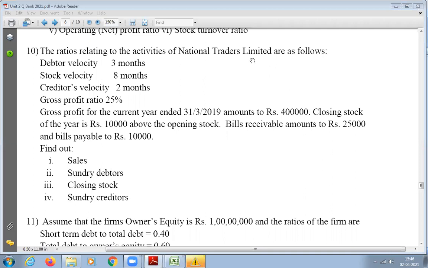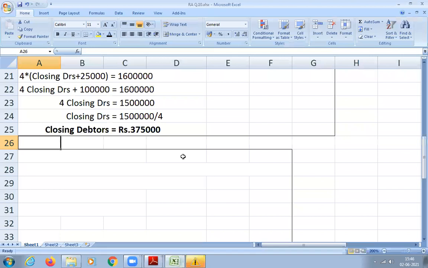So stock velocity is equal to 12 by stock turnover ratio. Okay, that is stock velocity you're going to use first, right? Yes, sir. You have to calculate using velocity. From there we will get the stock turnover ratio, and then you apply that ratio and we already know the COGS. I know the stock turnover ratio, I can calculate using velocity, and then we can calculate closing stock easily. Okay, let us do that now.